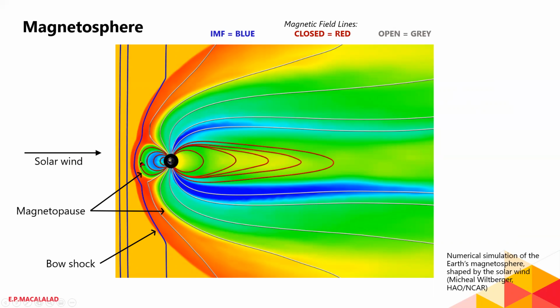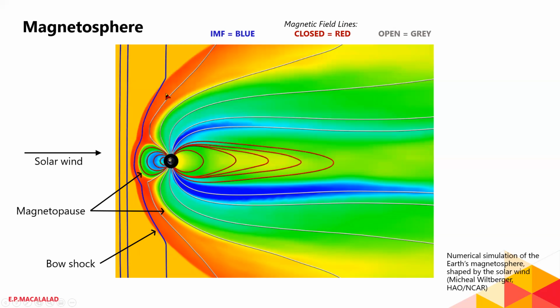Because remember, magnets actually exert pressure as well. So imagine you have two bar magnets and you place like poles between the two magnets. You will see that there is repulsion. That repulsion, or even attraction, is the pressure you can feel between the two. So the position where the pressure of the magnetic field of the Earth equals the pressure exerted by the solar wind is where you can find your magnetopause on the day side.